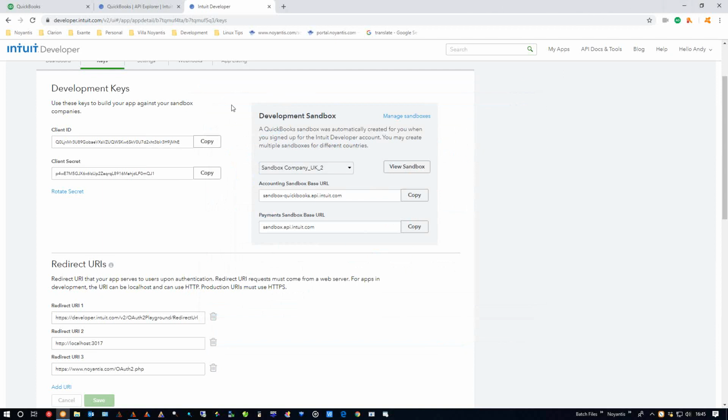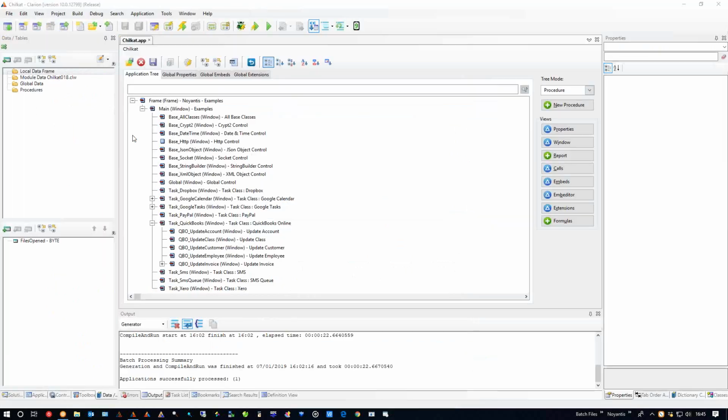So if we're happy with that, I'm just going to move that out of the way, and I'm going to rotate that secret a couple of times before I forget. Yep, so for that application, that's been rotated. So for the sake of the recording, those previous keys and secret and ID that you've just seen are kind of null and void now. Okay, so that's out of the way. Let's just quickly go to how we would connect, disconnect, refresh,